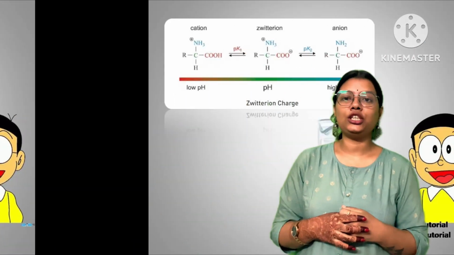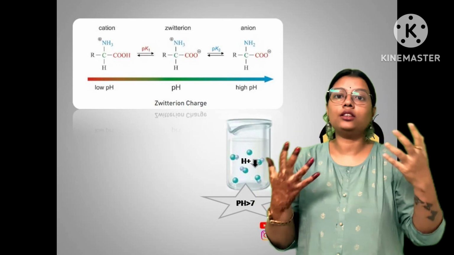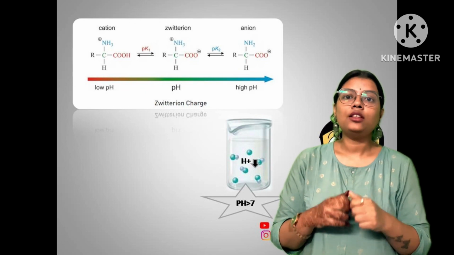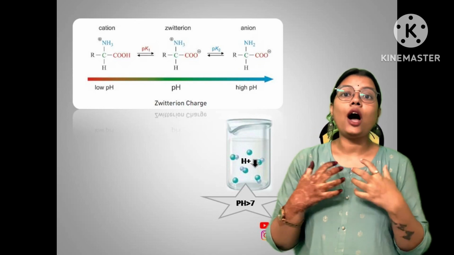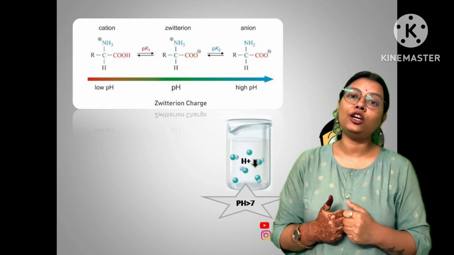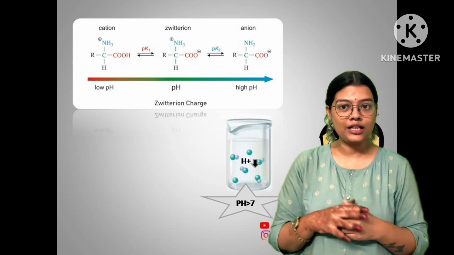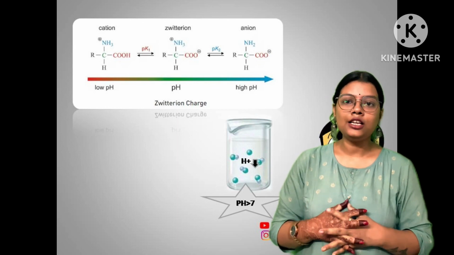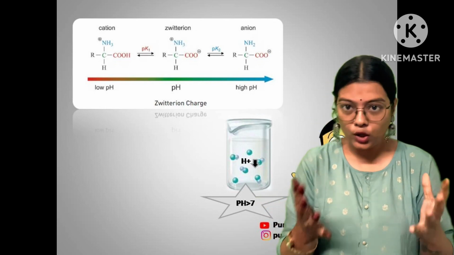In the second condition, if the pH is greater than 7, like 11 or 12 or 13, it is known as what? Basic solution. So in the basic solution, we know the concentration of proton is very less. Okay, to maintain that, our proton donor, which is the acidic group, carboxylic acid, will dissociate and convert into COO minus and H plus. Okay, so here also you are getting one charge, that is minus charge, which is an anionic group, right?